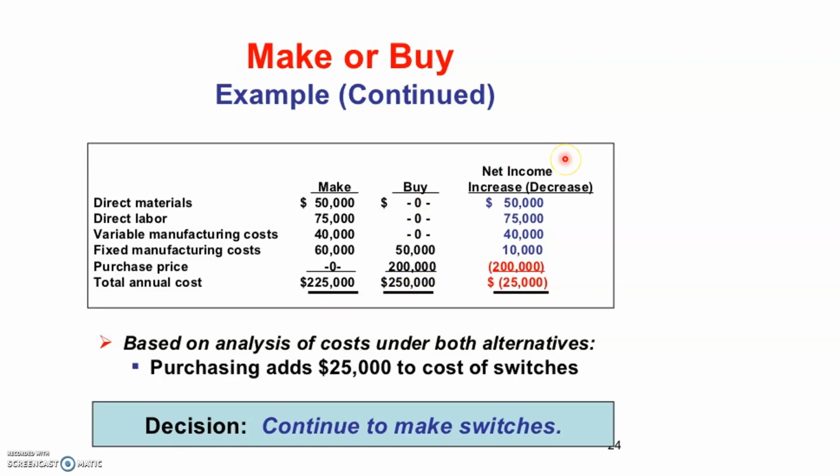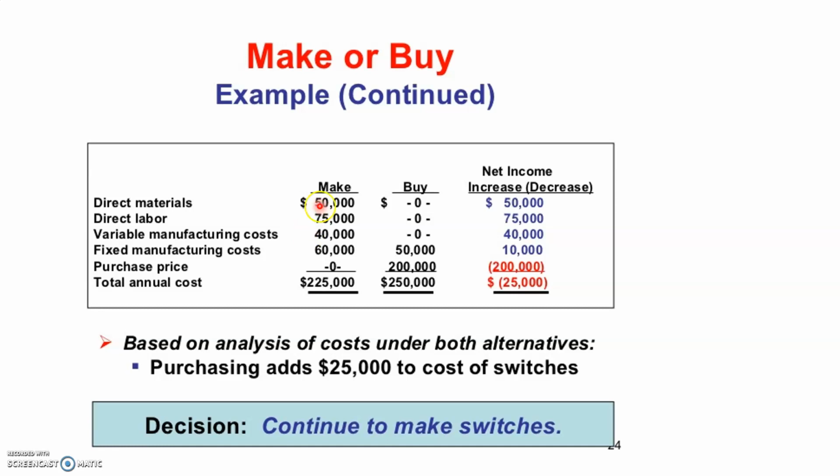So our topic is differential cost. Two alternative courses of action are here. The first proposal is to make the product in the company. Then the total cost will be 2 lakh 25,000. The second alternative is to buy the product from the market instead of making the product in the company or the factory. In such a situation, the total cost will be 2 lakh 50,000. So the differential cost is 25,000.